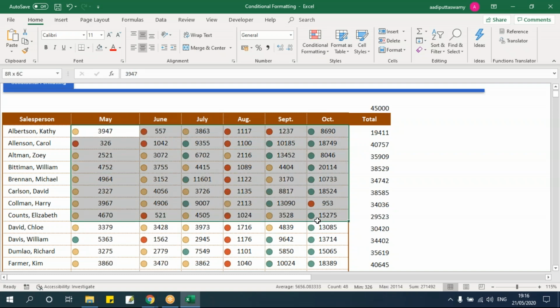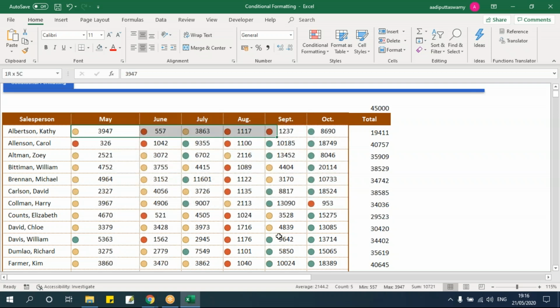This is for applying icon sets. Now I'll feel that I don't want to see the values. I want only the icons. Usually in some of the KPIs, say indicators, if you want to show only indicators, I'll be showing only indicators because I would have already given the ranges. So based on the ranges, I'll check those icons or say colors and I can classify it. So how to do that?